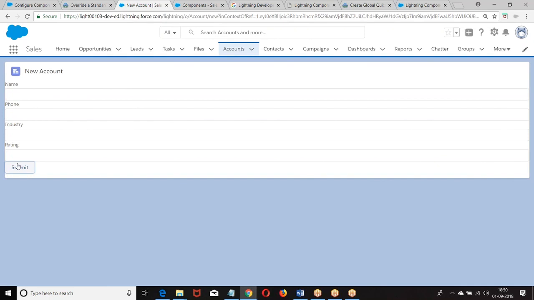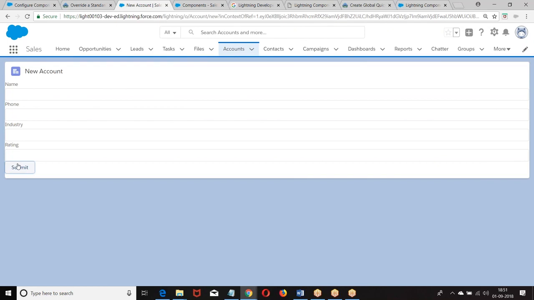Generally, when you save the record, it goes to that particular detail page. In the previous LDS examples, when you save the record, it stays on the same page. We manually went to that record to see it. But what I want is, once the record is saved, to navigate to that particular detail page. In Visual Force, we used to do PageReference p = new PageReference('/' + ID of the record); return p. The same thing I want to do here.